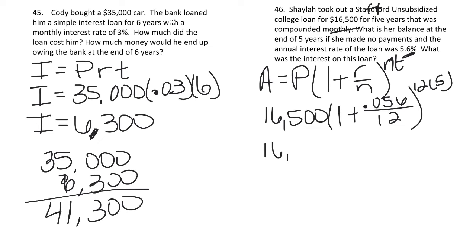So that's 16,500 times 1 plus 0.056 divided by 12, which is 0.0046, so 1.00467 to the 60th power, because 12 times 5 is 60, and that's